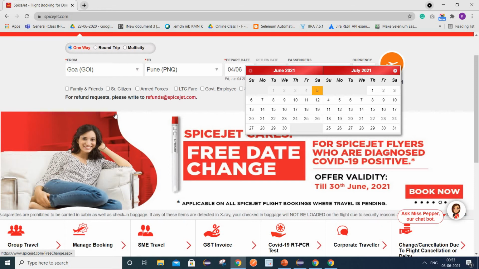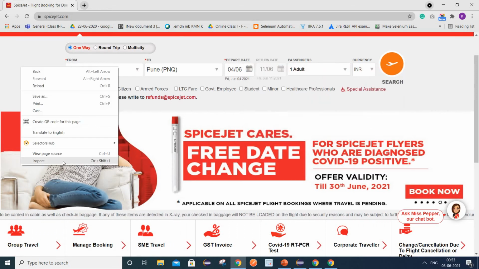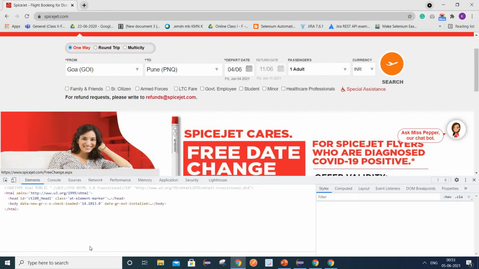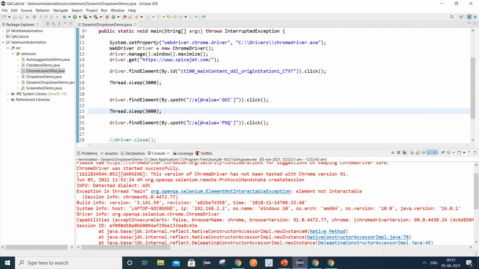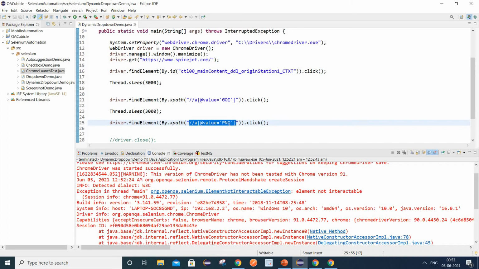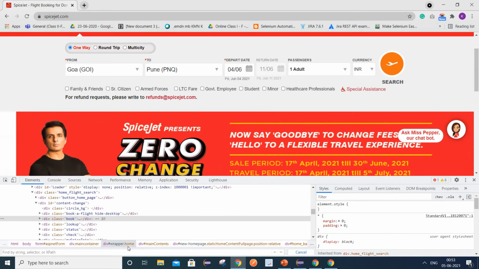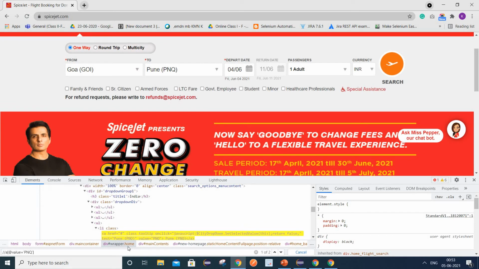We were dealing with this page, so simply inspect, Control F, and let's use this XPath which we have captured for the PNQ, and see what the problem is. You can see it is highlighting two elements here.